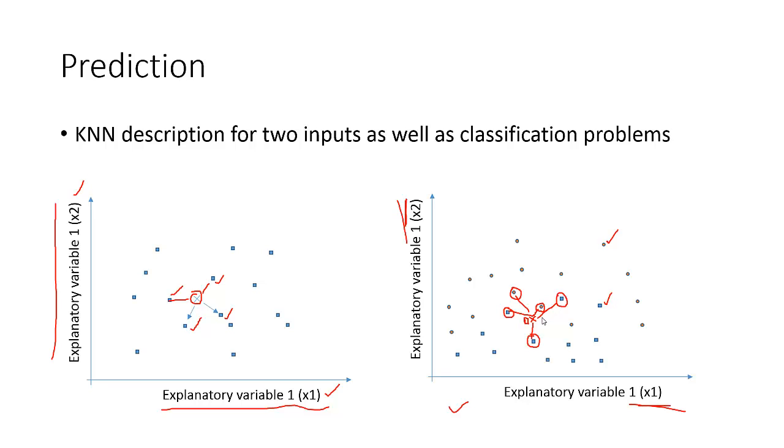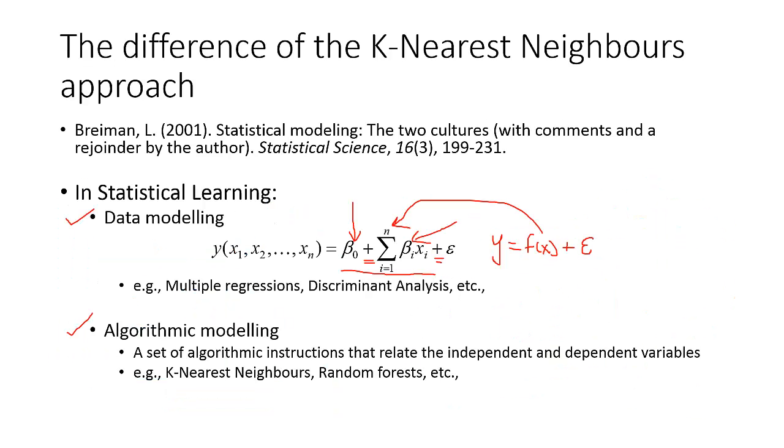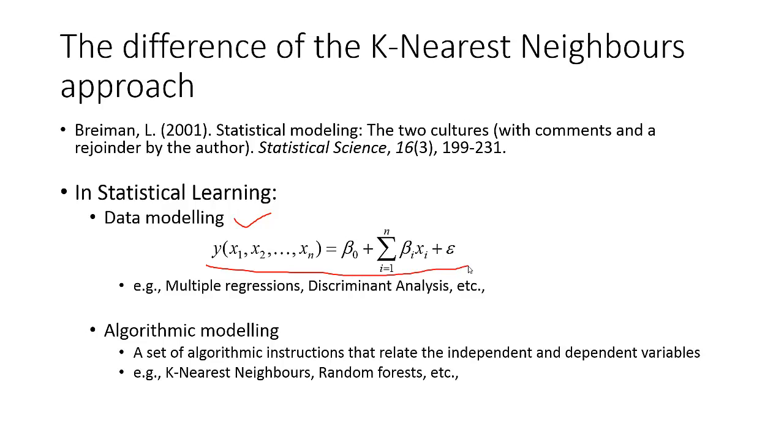So I hope that gave you an idea of k-nearest neighbors, but also more importantly motivated the idea that you have these regression style approaches where you've got an explicit data model, with a functional form and then you try and figure out parameters. But you can also take a very different approach to the process of prediction, where the importance is not as much on that functional form which is cast in stone, which is really an assumption you're making about the relationship between your input and output variables, but it really goes beyond that. You don't want to make those assumptions,